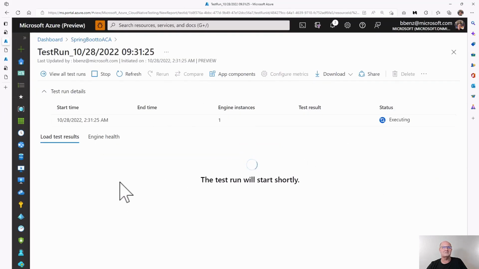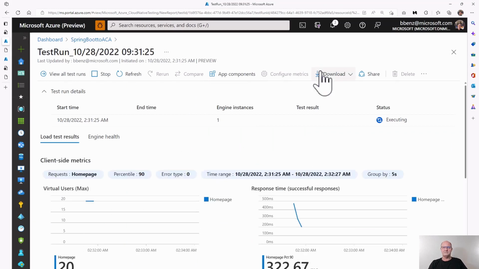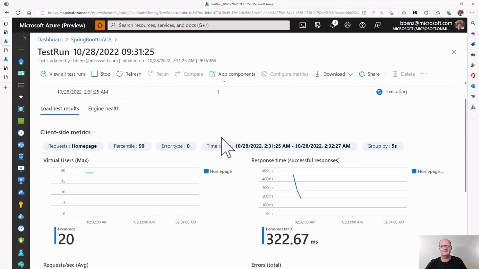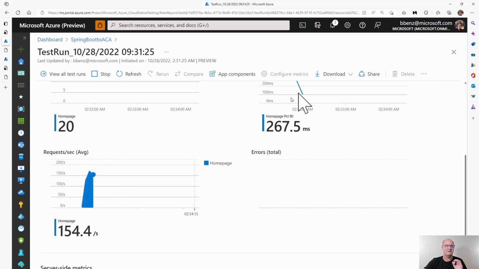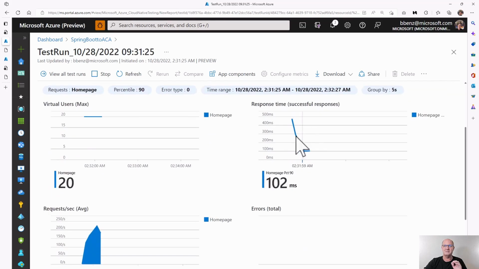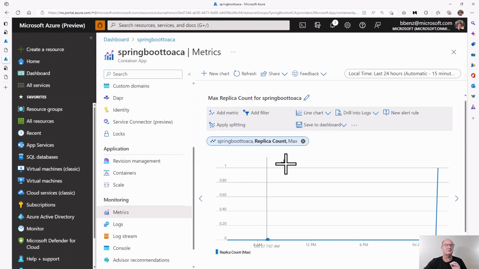Yeah, the test is going to run. It's going to start shortly. Just give that a second to get going. And there it is. It's fired up. It started running. And you can see here, the response time is not good. Now, here's where the purpose of Azure Container Apps comes into play. It's really not meant to be a highly scalable application environment. But as you can see here, there's a lot of requests coming in, and the response time actually is fairly resilient right now.